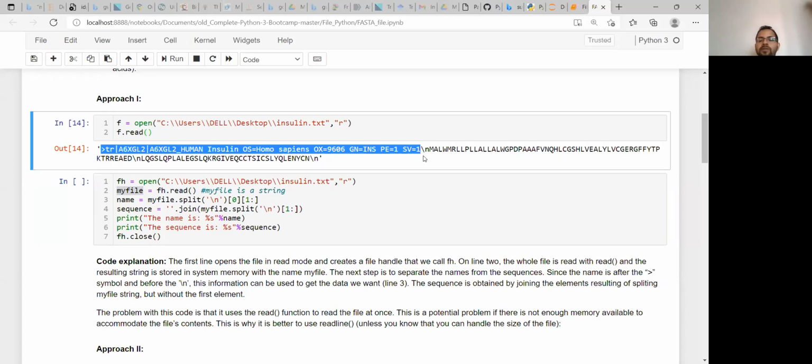If we can do that, we can take out the name portion, the description portion. So we are using my file, this variable name, dot split \n. You know how to use this thing.